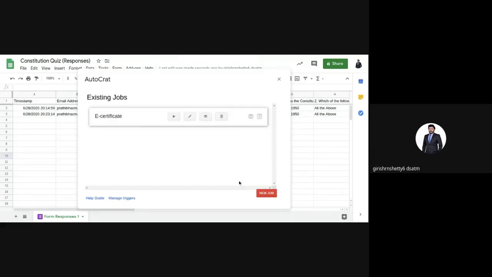We can also click on new job. For example, for me, this certificate, I don't want to make use of this template. If I want to make use of another template, I can add this. This is a new job I can